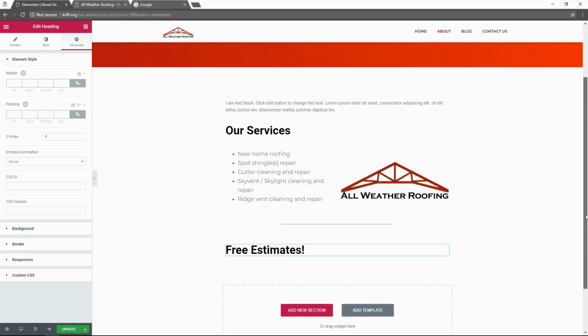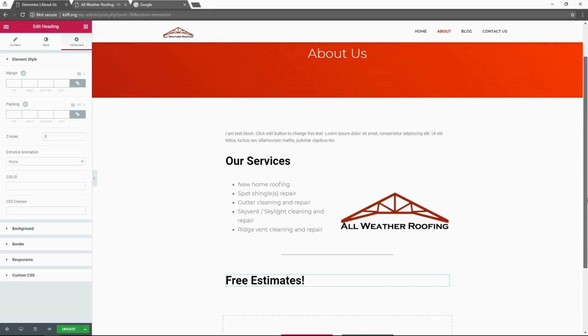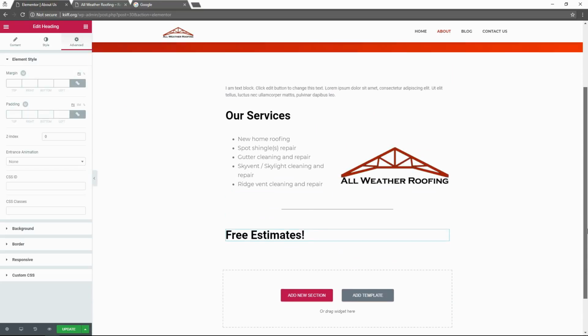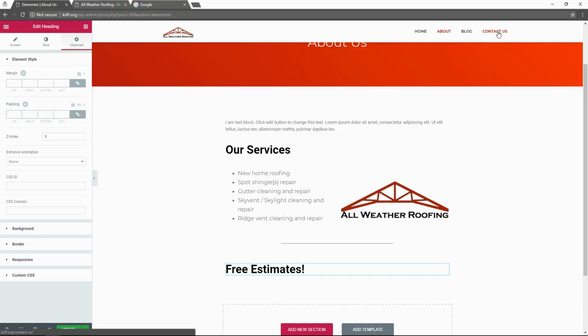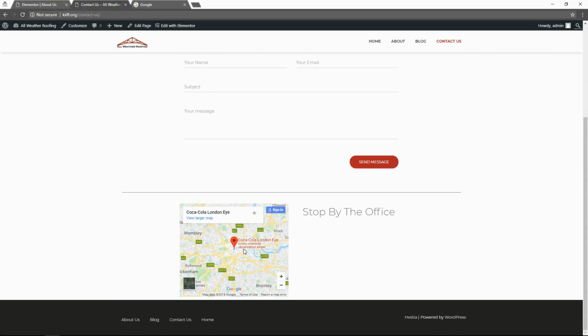And one thing about this page, which just comes with the layout of these sections, is it's starting to feel like a tunnel sort of, where we have all of this open space on the left and right. It's not as prevalent, really it's not at all in the blog, just by the nature of that page. But you don't really get that feeling as much in the contact us page,